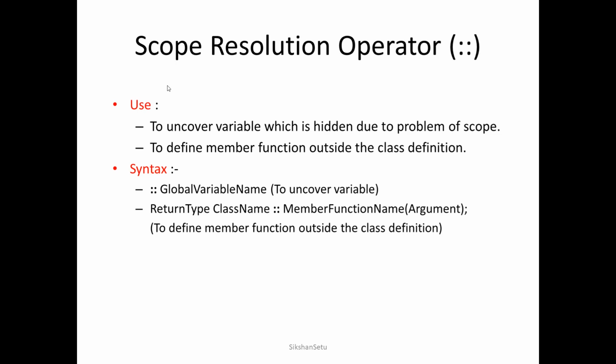The second use of the scope resolution operator is with the class and object. So we know that a member function of a class can be defined within the class. But if we want to define a member function of a class outside the scope of the class, we can use the scope resolution operator. We will see that particular thing in the same video. Syntax is also given. If I want to access a global variable, I need to write the scope resolution operator, which is 2 times colon, and then the global variable name. So by default, whenever I write this, it directly refers to the global variable.